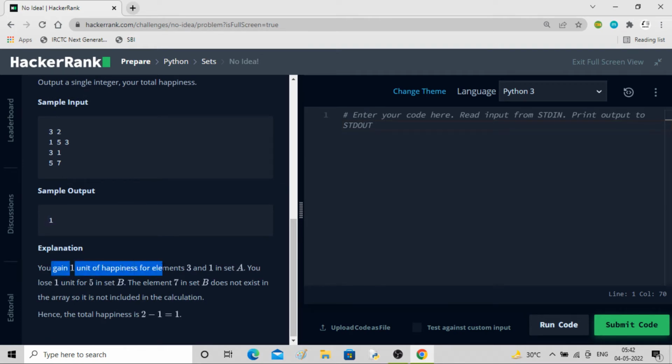You gain +1 unit of happiness for elements 3 and 1 in set A. You lose 1 unit for 5 in set B. The element 7 in set B does not exist in the array, so it is not included in the calculation. So total happiness becomes 2 - 1, which is equal to 1. So this is what we have to do. It is nothing but a simple